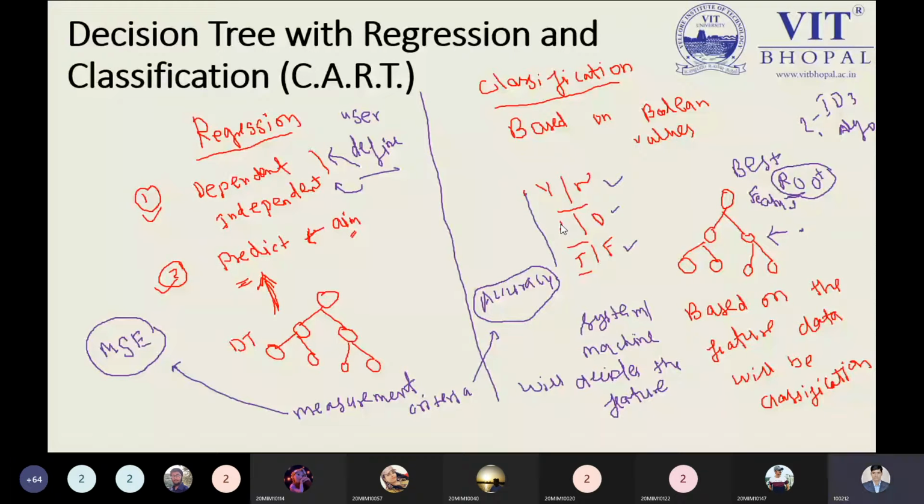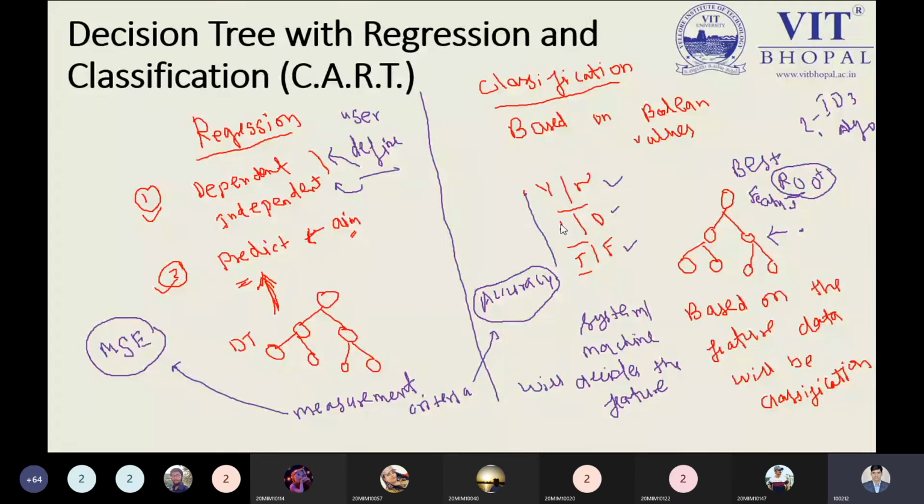Now come to the point of classification. So far we have not touched classification in a detailed manner, because so far we have seen only the regression approaches: linear, multiple, polynomial, and least square method. On that part we have seen the MSE only. But now, when we solve a problem with classification, we have to choose data based on classified data. Here we can take data in the form of yes or no, 1, 0, true, false. That is the only meaning we have to understand.